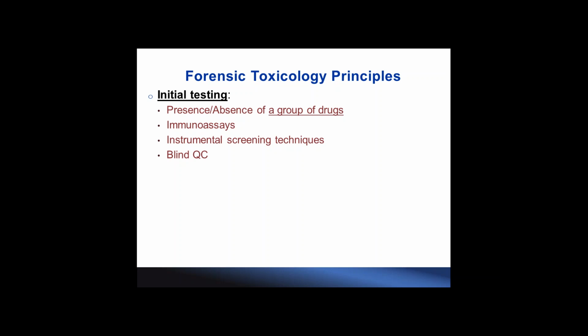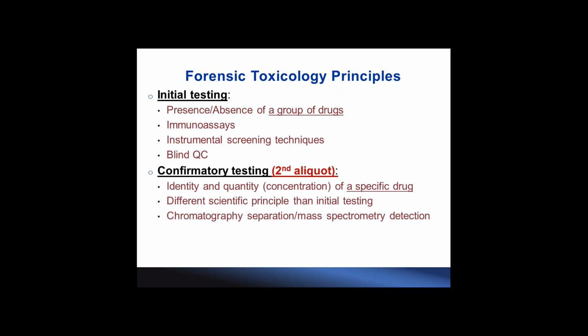For the samples that are tested presumptive positive, in our toxicology lab term, the samples will be referred to confirmatory testing. There are two purposes of doing this. One is to confirm that what we screened positive is actually positive, and two, we report what it is actually positive for. We report it with identity and quantity of a specific drug. So it is, again, done by a separate aliquot from the initial testing that we did.